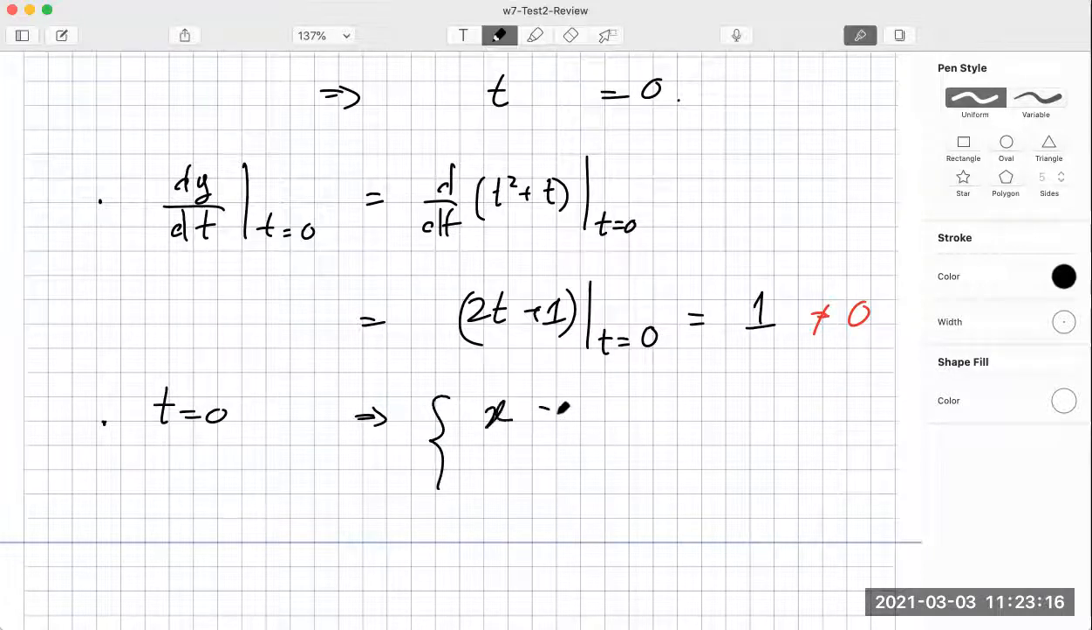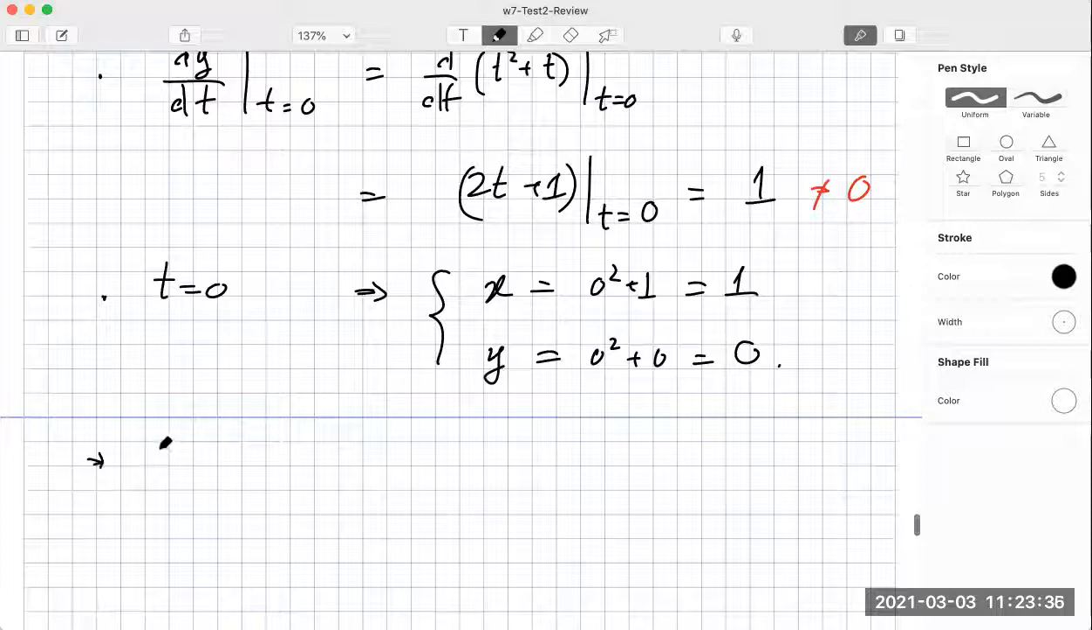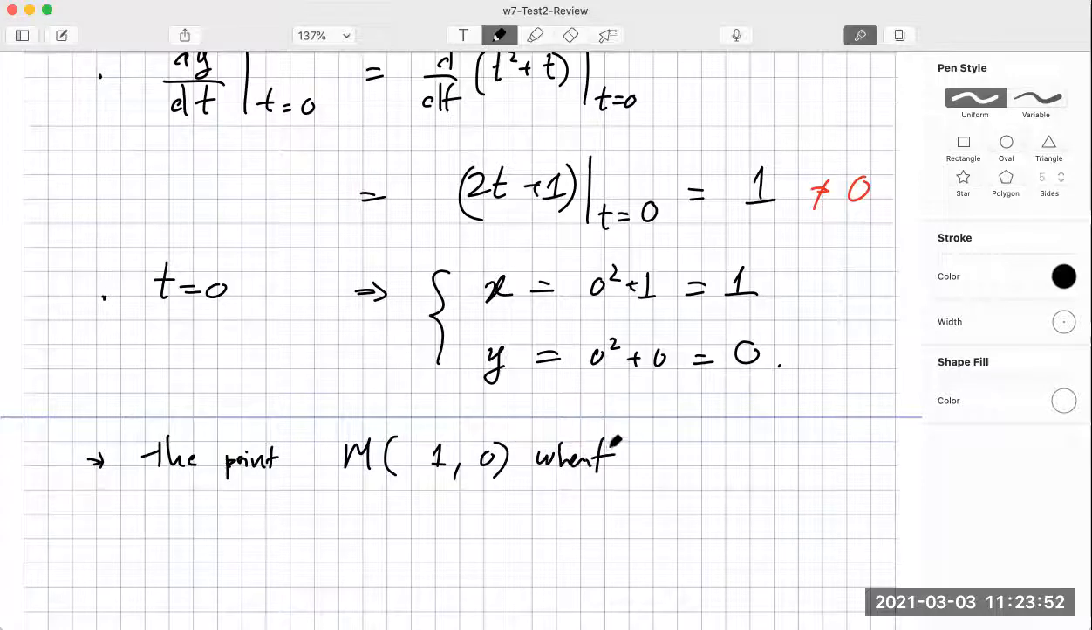Therefore, if satisfy these, we find that when t is equal to 0, then x will be t squared plus 1, which is 0 squared plus 1, 1. Y is t squared plus t, which is 0 squared plus 0, right? Which is 0. So the point, let us call it P1, or we use a different notation, M at 1, 0, when t is equal to 0,